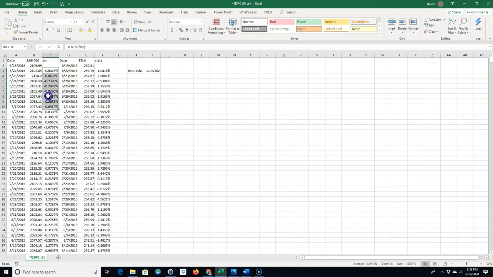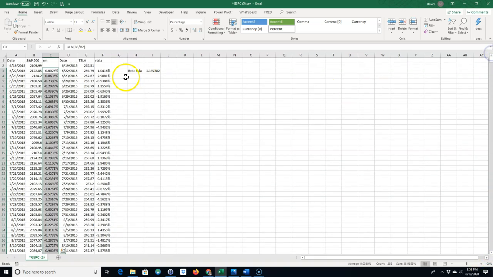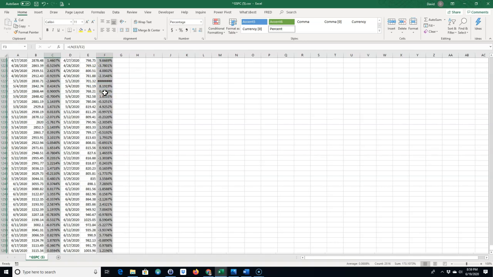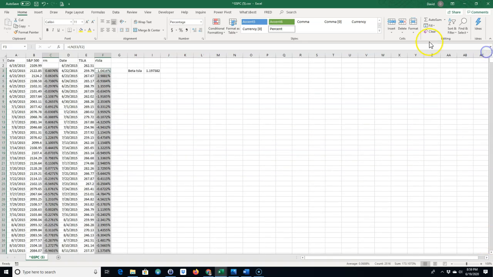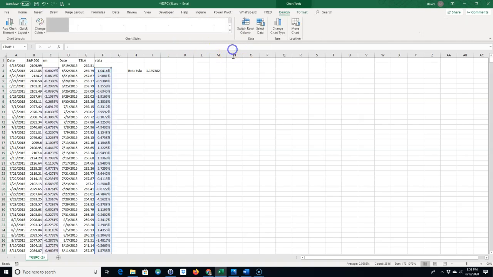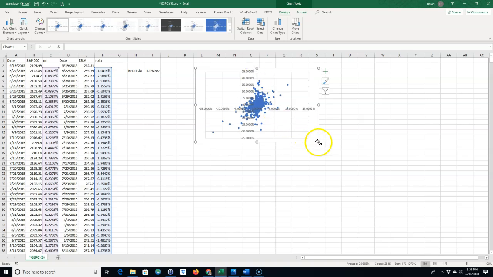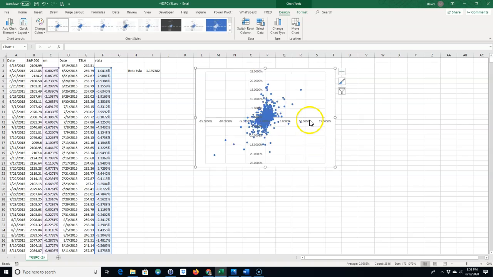Now I could check it another way. I could highlight this and go shift and down, and come up and control, highlight this, shift and down. So you hit control to get two non-contiguous sets of data. And I can go to insert and do a scatter plot. We don't need the title here. And I can insert a trend line, so I can click on one of these dots and right click, go add trend line,